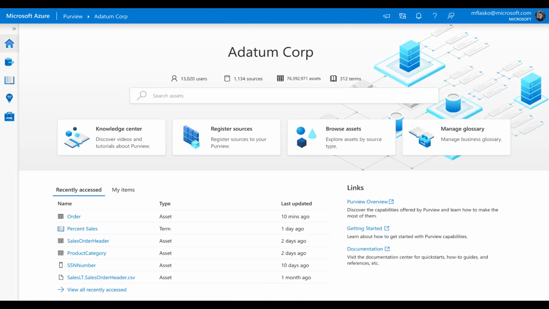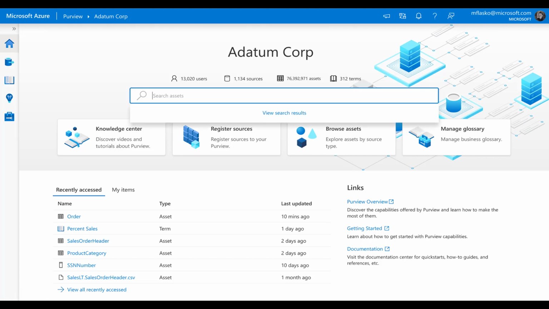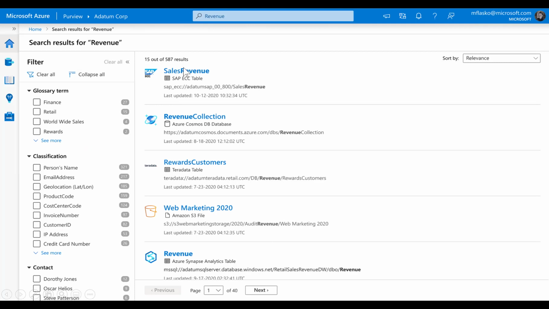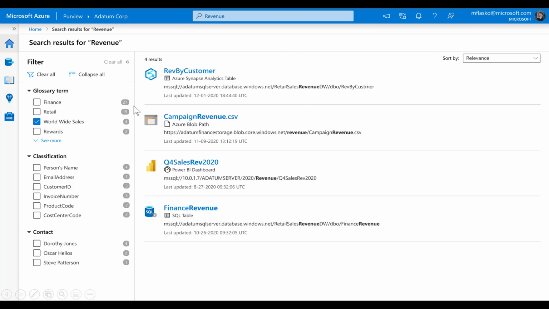Here I'm back in the data catalog, and I'm a data analyst who wants to determine the impact of a global marketing campaign across a full customer journey. I'm searching for a business term revenue, and I can see that the system is giving me suggestions and recommendations. I can see hundreds of results ranked by relevance, which I can further filter down. So I'm going to filter it by a business term worldwide sales, and I can see that there is a